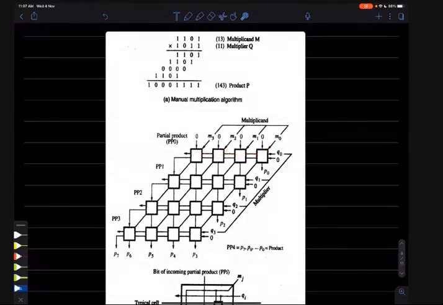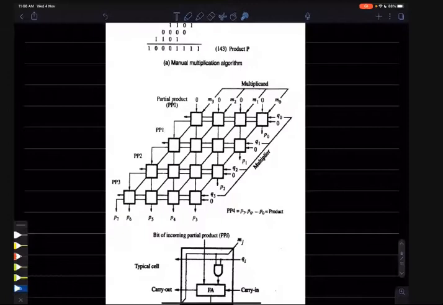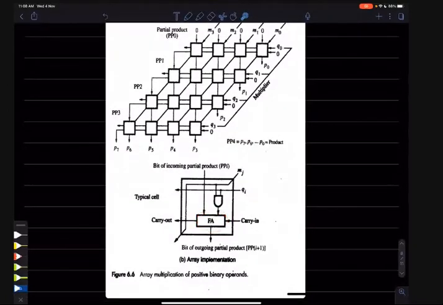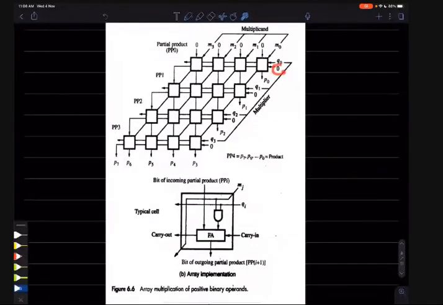Then what is this 0? This 0 is nothing but the carry in. So obviously in the starting it will be carry in, and the full adder will work as an adder circuit, not a subtractor circuit. We know from the previous lecture that if the initial bit is 0, it will work as an addition circuit. If the bit is 1, the full adder will work as a subtraction circuit.